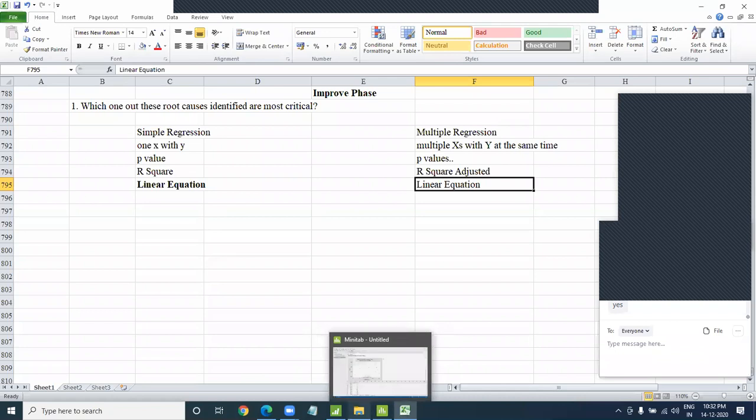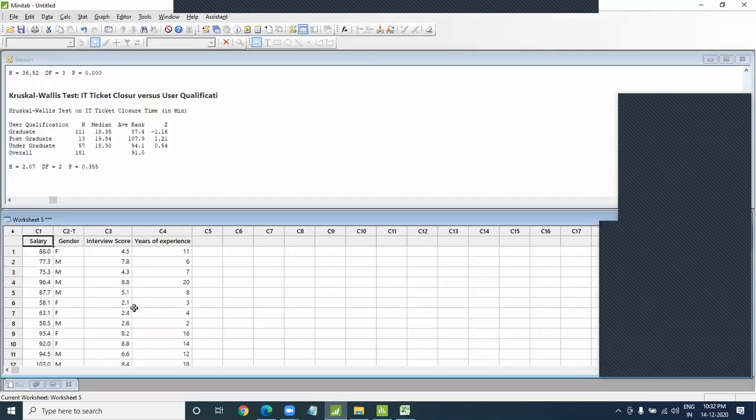So going back to this data, what is this data all about? Say salary is my y, the business problem. This is for some HR firm, some recruitment team who's trying to come up with some sort of mathematical model to understand how we can offer the right salaries to the candidates. I don't want to offer salary based on my gut feeling, where one candidate comes in, we offer some salary, another person comes in, we offer some salary. Now we want to have some mathematical model which can help us with some reasoning as to what should be